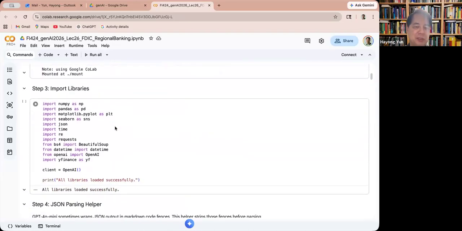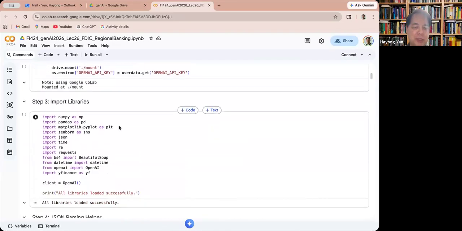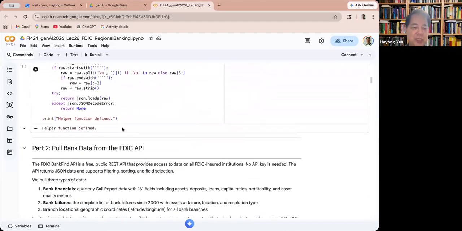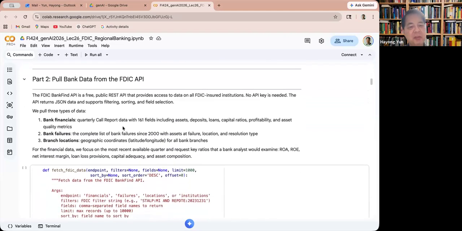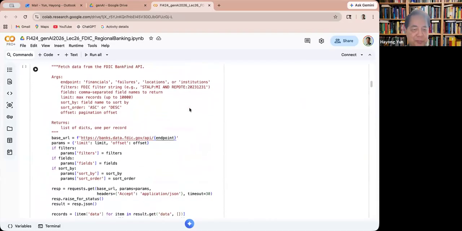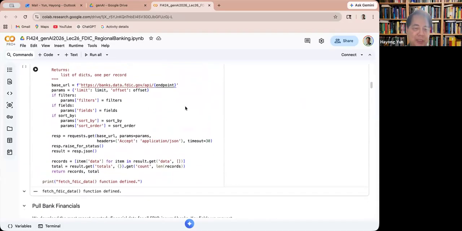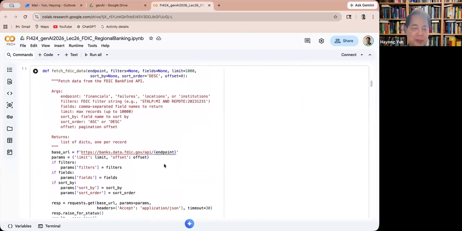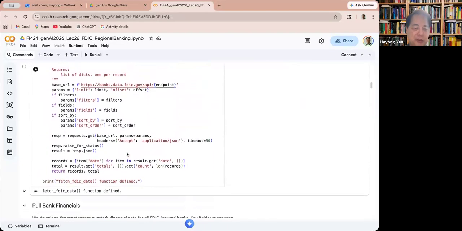So we basically have the Google Colab and OpenAI API set up, and load the libraries and then parse. And this is kind of a useful part, isn't it? They pull the data from the FDIC API. So here is basically the helper function that fetches the FDIC data. And there's a specific format, but this function here, you can basically copy and use it to parse